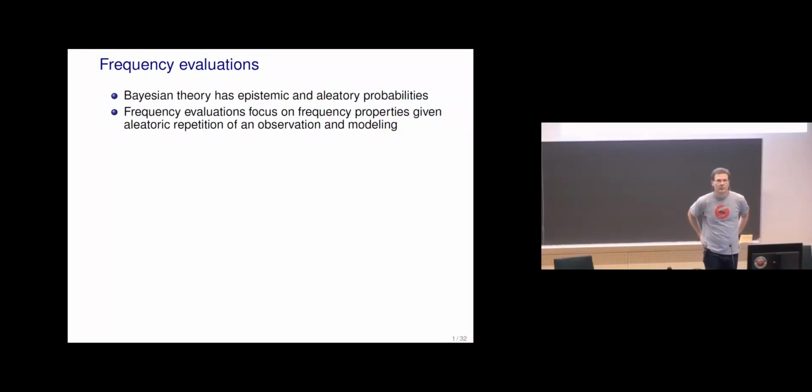So last time I did go through chapter 4, and in the end there was very quickly a bit of this about the frequency evaluation. I'll say a bit more about that, and then also a bit more about the comparison between frequentist statistics and Bayesian statistics. The big difference is, of course, that in Bayesian theory, there's both these epistemic and aleatory probabilities, while